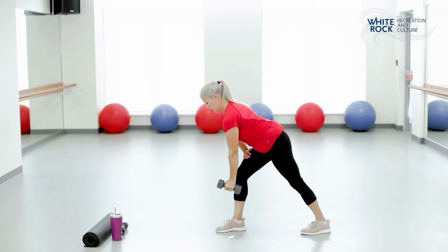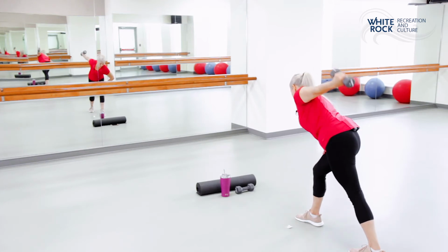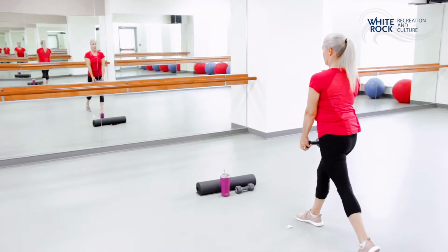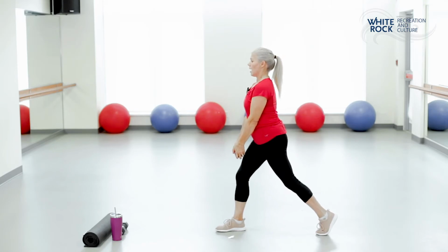Row 1, 2, 3, 4, holding 5, kick it back. 1, 2, 3, 4, and 5. Good, staying there. We're going into that lunge again. Remember, you can alternate if you want, so you're going to bring that weight down in front, low, and taking